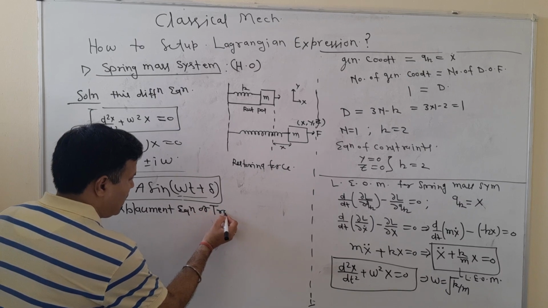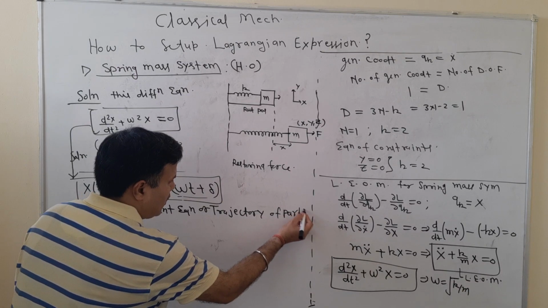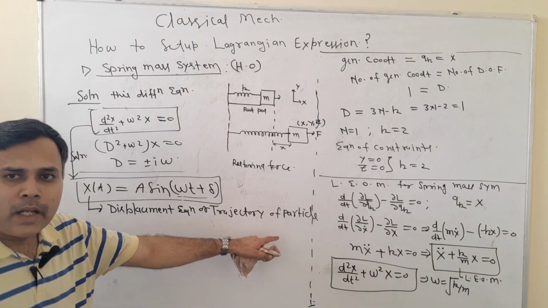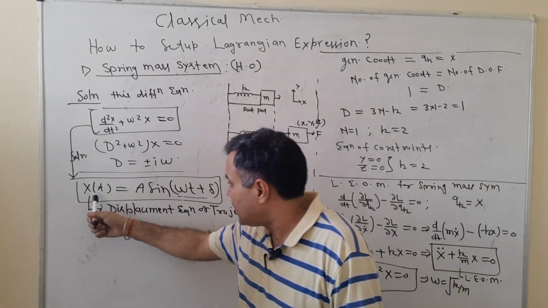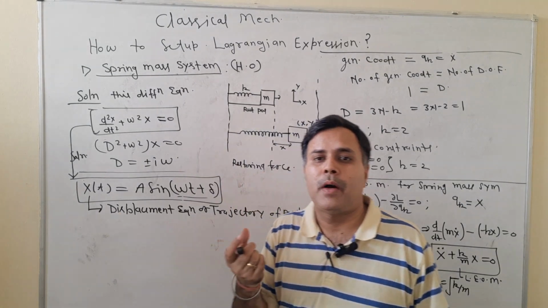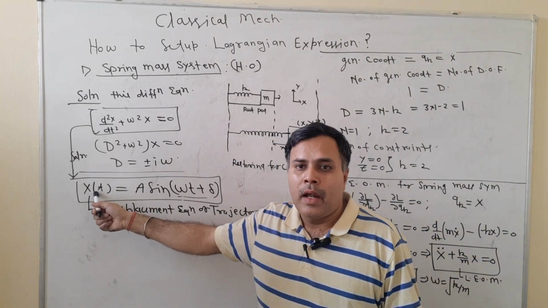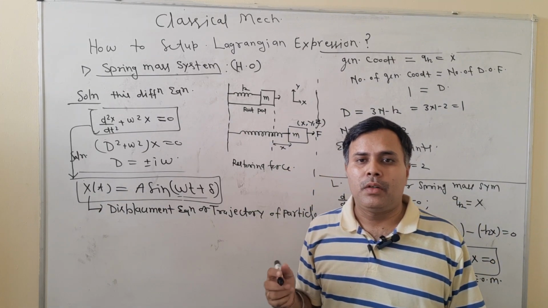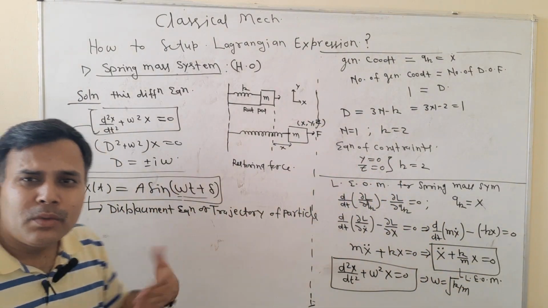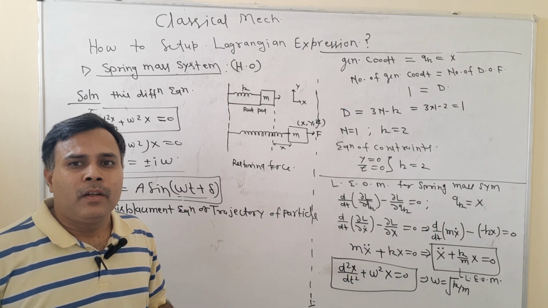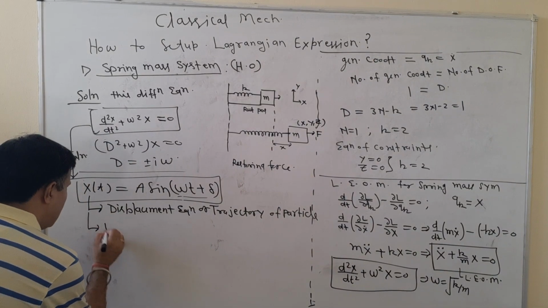or trajectory of our spring mass system or our dynamical system. And this tells us what is the instantaneous position of our system or particle or system of particles at t equal to 0 and at any later time t. So this is the displacement equation, and once we know the displacement, we can differentiate with respect to t. We will have velocity,